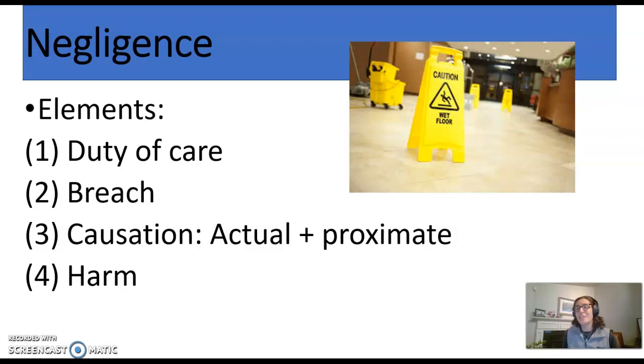Everyone. Clearly, I ran out of time to talk about both intentional torts and negligence in the same PowerPoint. There's a lot to talk about, but I really want to spend a few minutes and go over the elements of negligence with you. In the first PowerPoint, we talked about how tort claims are analyzed using elements, or another way to look at that would be, what is the checklist of what a plaintiff in a civil tort case must prove in order to hold a defendant liable?